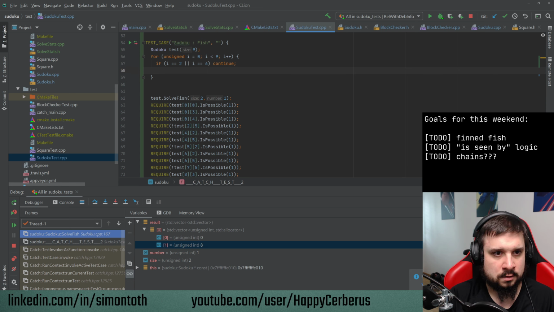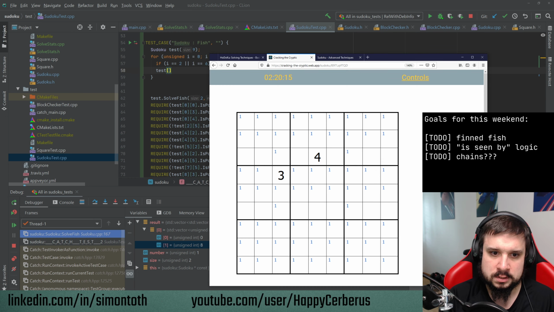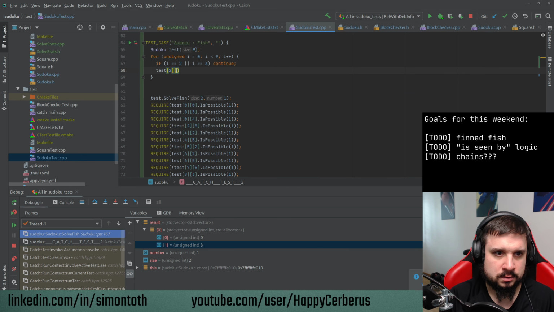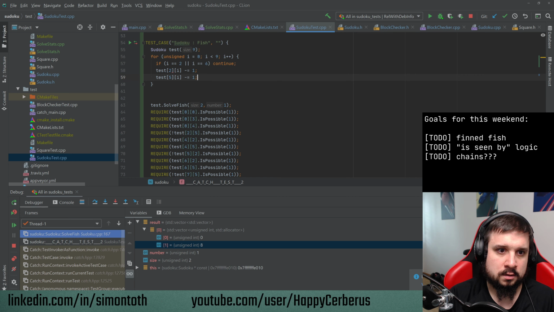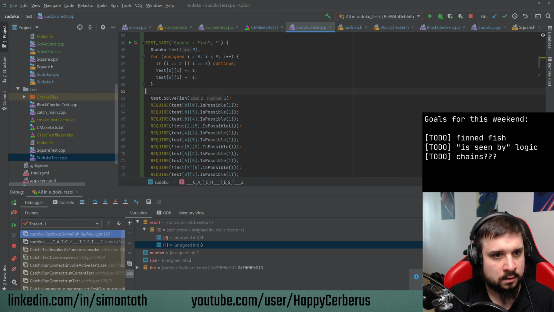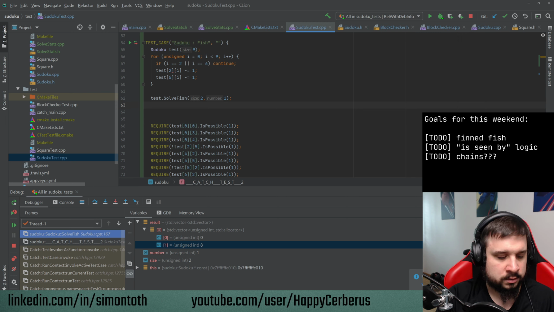Otherwise we remove test rows. We want to do row 2 and row 6. I minus equals 1, and the same here. So remove 1 as a possibility. Then swordfish, and then basically what we want is